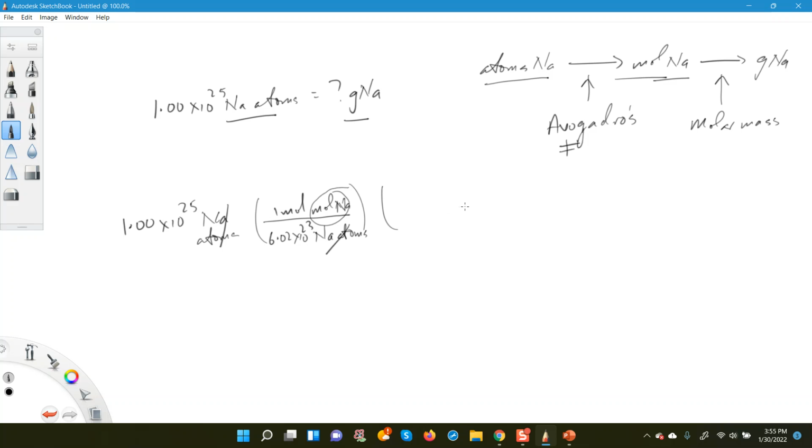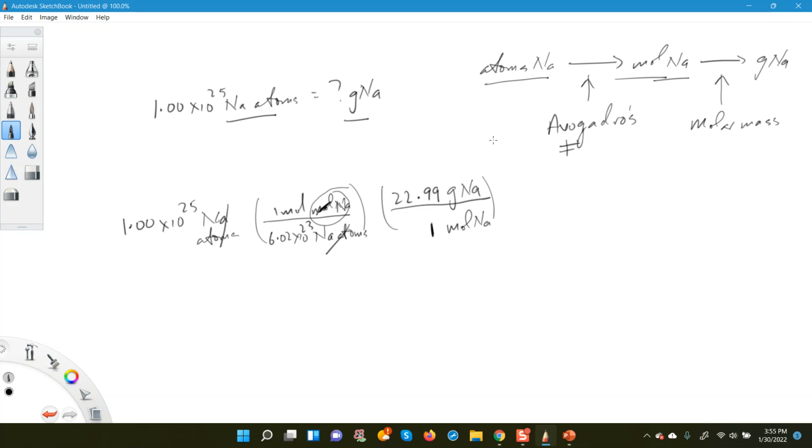The next step is where we convert from moles of sodium to grams of sodium. And that's where the molar mass comes in. So basically, you're going to have grams of sodium above as the numerator and moles of sodium below. So the question now becomes, what goes up here and what goes down here? And because the molar mass is the mass in grams per mole of the substance, we're going to put 1 mole of sodium here and the molar mass of sodium above, which, as we said before, is equal to 22.99